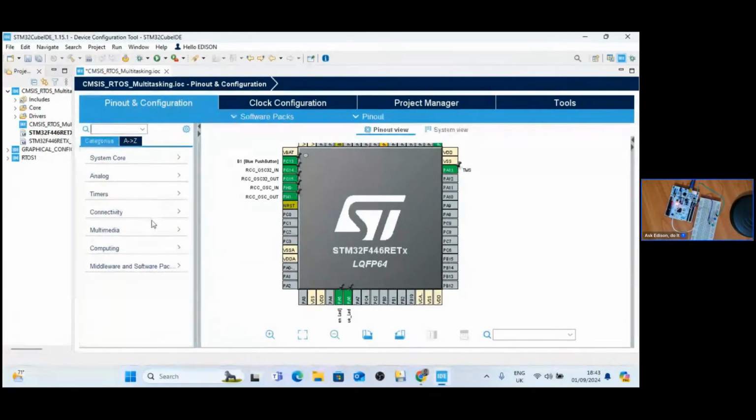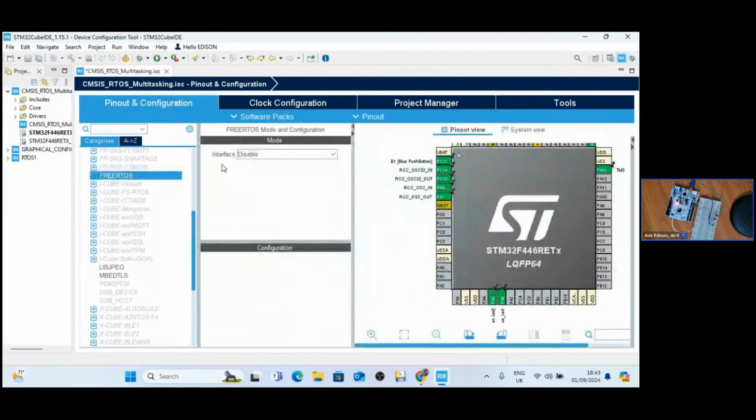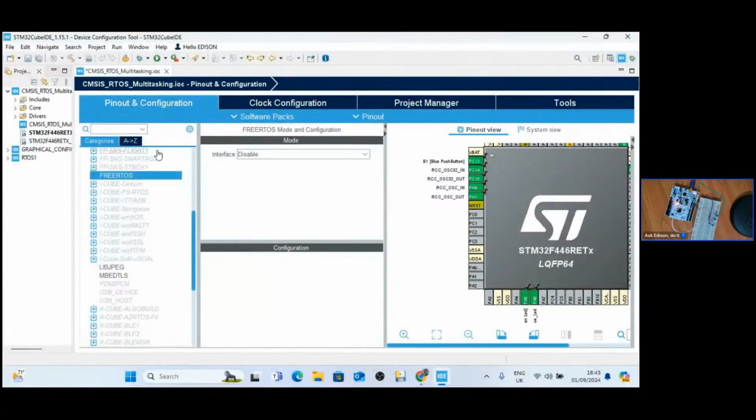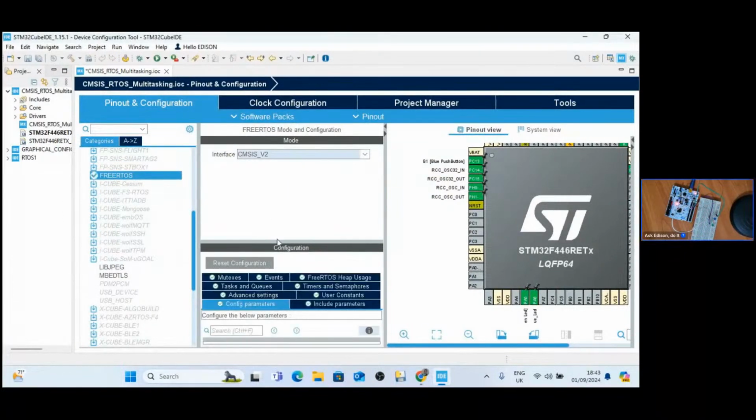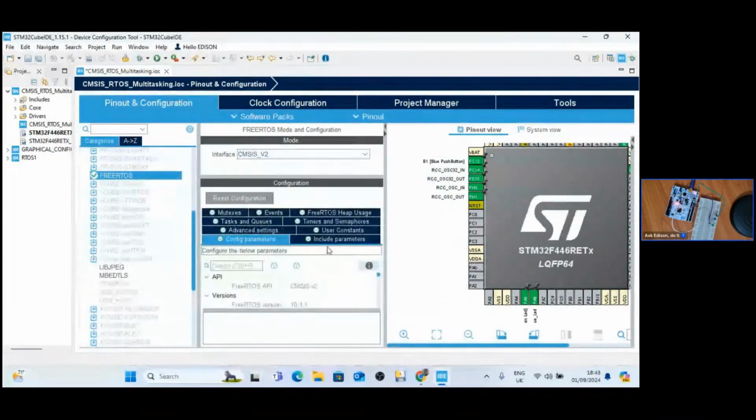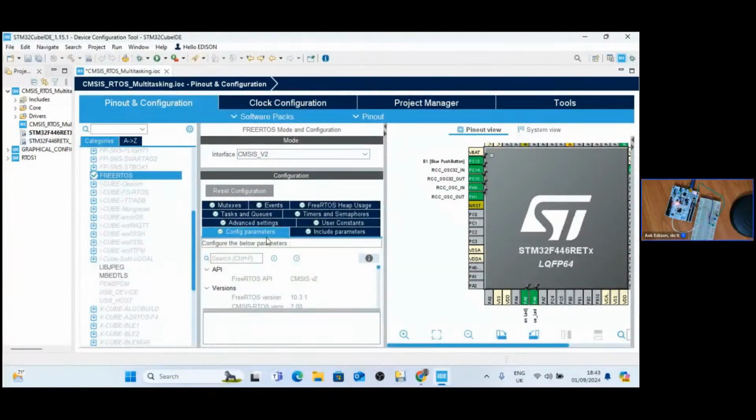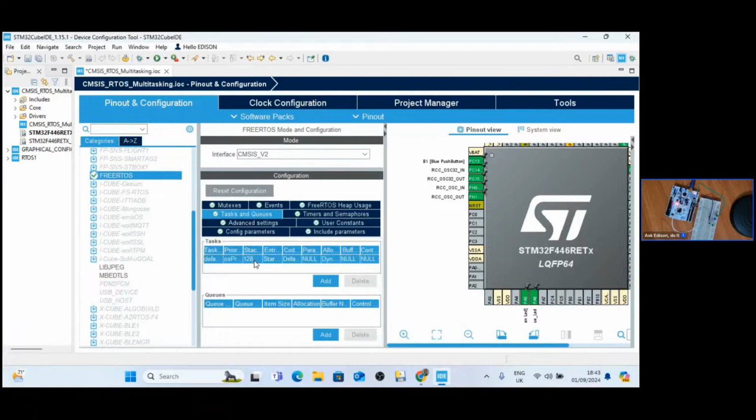So then we go to middleware, and then we have FreeRTOS. So in the interface, we have the CMSIS version 1 and version 2. So version 2 is the updated version of the CMSIS, so you might want to work with version 2. And if you look here, we have things like mutexes, we have events, we have tasks and queues, we have timers and semaphores. And yeah, for today, we are going to work with the task. And by default,